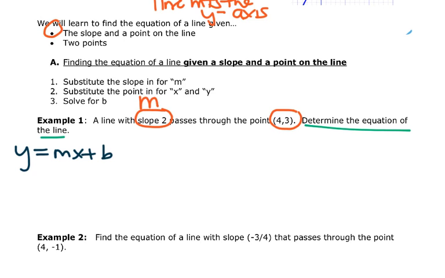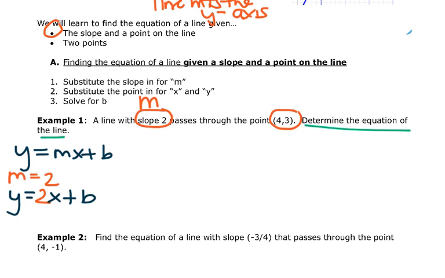So let's put in the thing that we know. We know that m is equal to 2. So I'm just going to write that. And what we're going to do is sub in the slope. If we're following along in the steps, we're just going to substitute the slope in for m. So let's write this out. I'm going to copy y, since we don't have y, and then next is equals, and then instead of m, I'm going to write 2, and then we're copying the x, we don't have x,